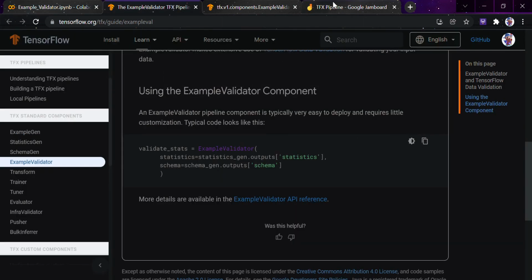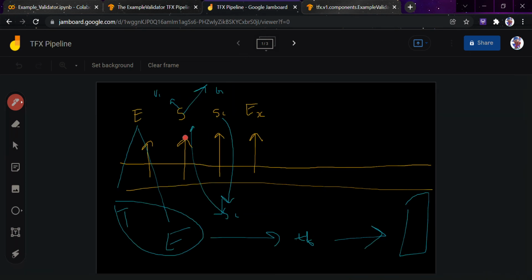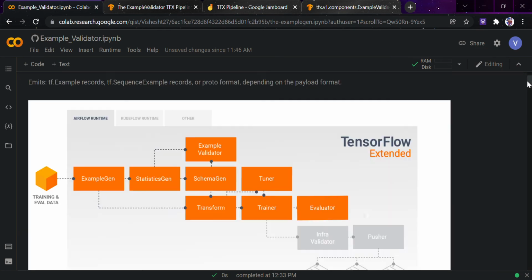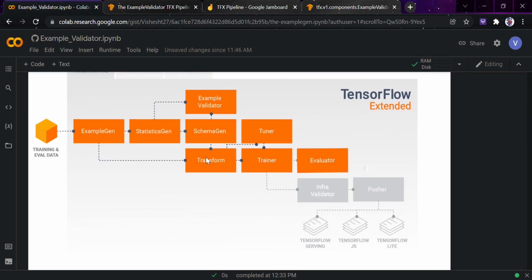So one thing you are seeing is that the whole pipeline is connected to one another. ExampleGen was connected to schema. Statistics took things from ExampleGen. Schema was taken from statistics. Example validator is taking from two, one from schema, one from statistics. And similarly, what happens with transform? You can guess in the comment section where the transformer is going to take things from, because the next goal after example validator is the transformer, and then we will move to trainer and tuner.